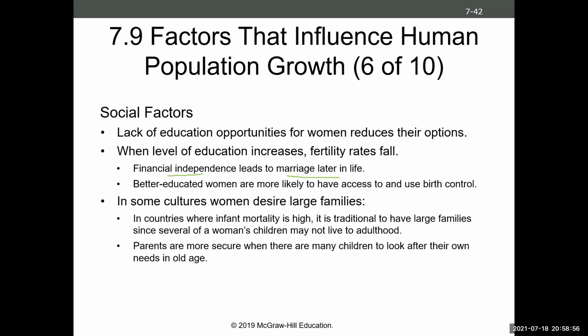Where you have infant mortality being high, typically you'll have large families because unfortunately children may not live to adulthood in those cultures and in those countries. And so parents tend to feel more secure in those areas where they have many children to potentially look after their own needs as they age, or to help do the work that's needed in terms of raising livestock or crops or whatever they need to get